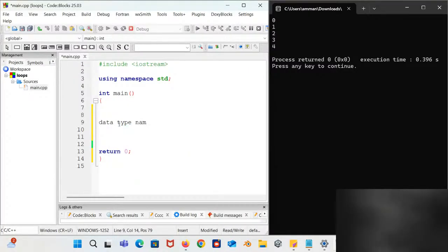So name of the array, and the last is what? A square box, right? And then in this square box, you are going to have the number of things that you want to go into the array. If I put 4 here, it means that the number of values that can go into the array is 4.